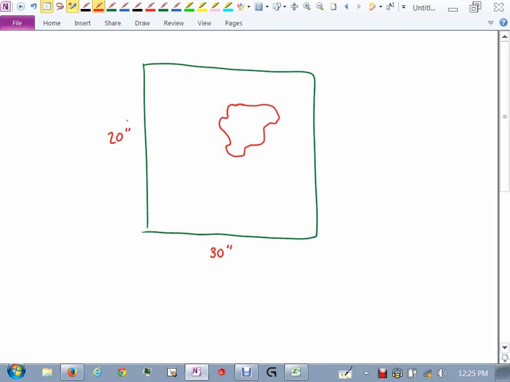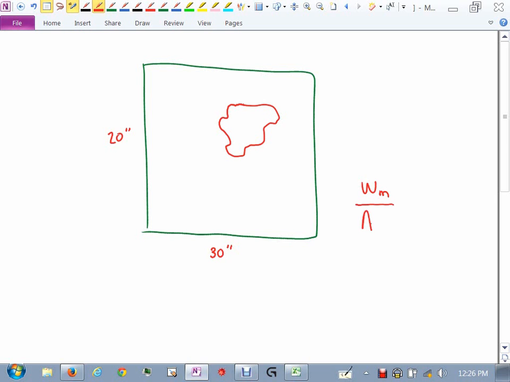Got it? And then they weighed it on one of those very accurate chemistry scales, where it gets down to very, very precise measurements, right? They weighed the entire map. So they know the area of this would be what? What's the area of the entire map? 600, right? So they know the weight of the map, which they knew,